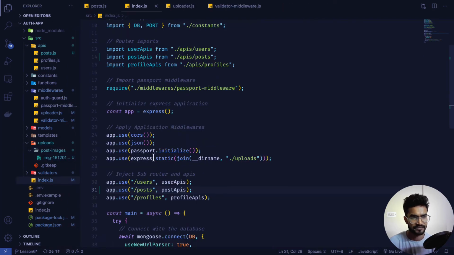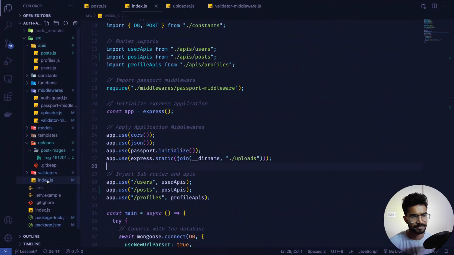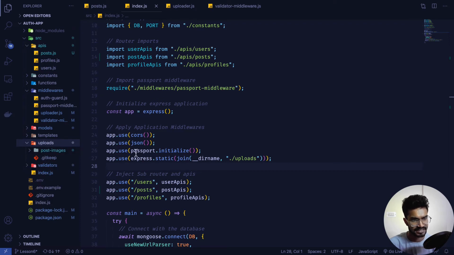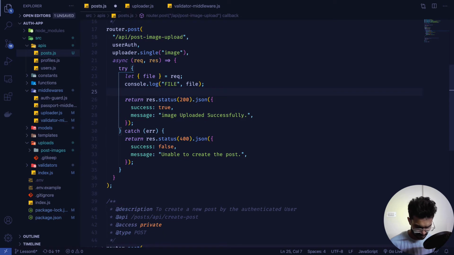So it's my photo, and from that where we are getting this file name, we can make use of this file name and append it with the normal uploads directory, because the uploads directory is already set as static. So we just have to append this post images in front of that. So it's a pretty straightforward JavaScript function. So we will simply say